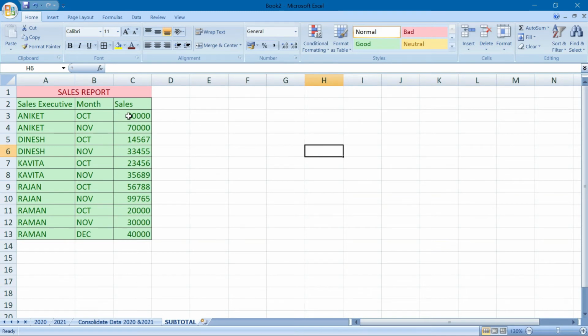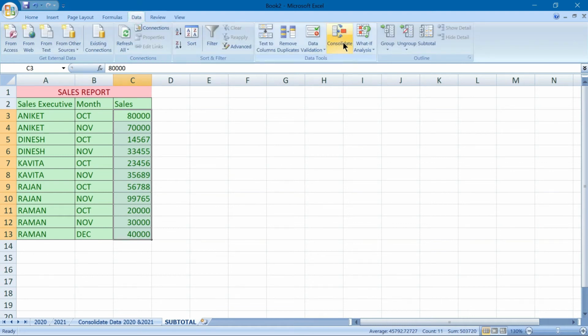I want to do this on this particular column, so I am highlighting it, going to the Data tab, and then selecting Subtotal. You can find it under the Data tab in the Outline group. Which column you do the subtotal on is very important. Let the subtotal dialog box appear once. Here are certain elements we have to see.